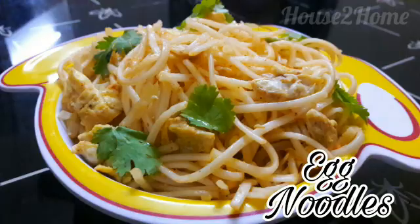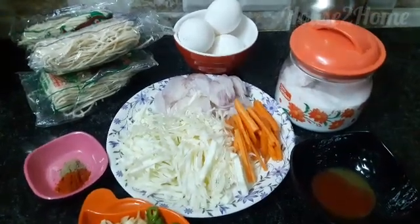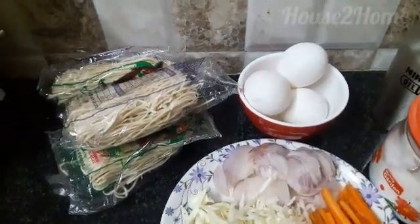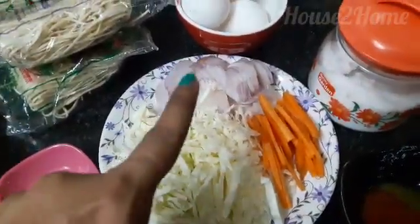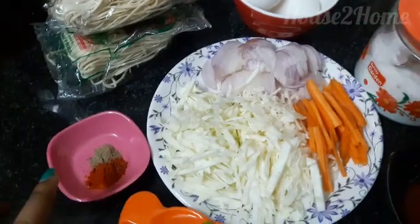This episode is on egg noodles, a perfect, quick and easy fast food style egg noodles. I've taken about 300 grams of unflavored plain noodles, 3 large eggs, oil, salt, cabbage, onion and carrot sliced lengthwise. You can also use capsicum, green beans,